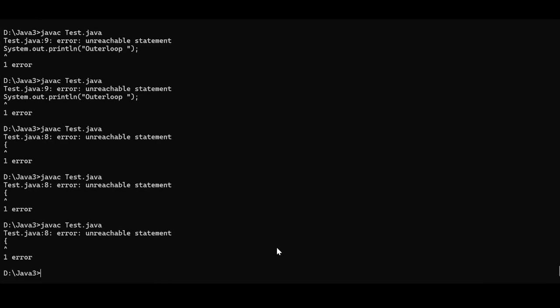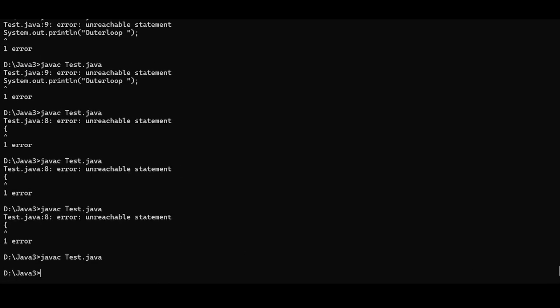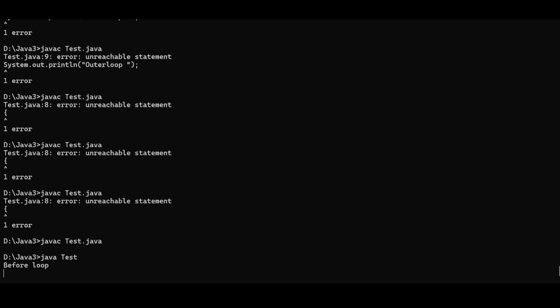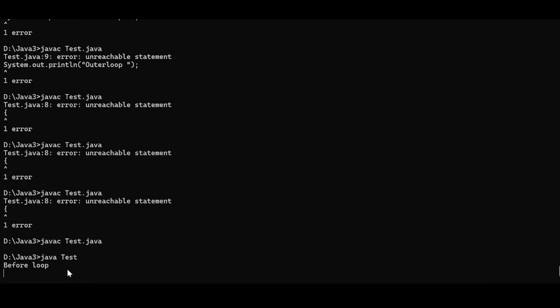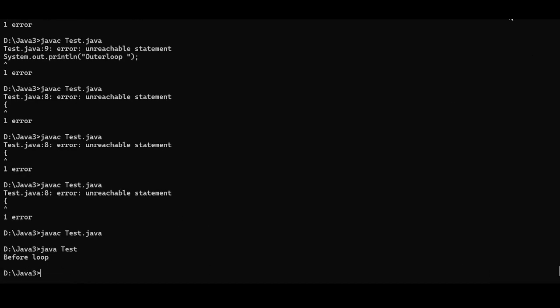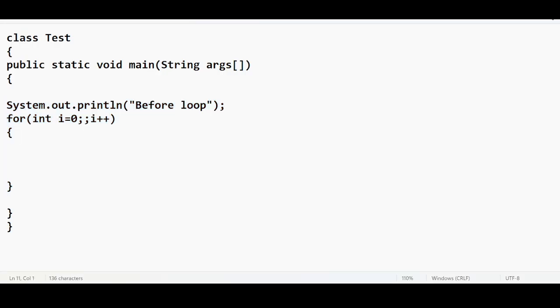Let me run this, guys. So don't worry. See, before loop, don't think that it is just blinking. Something is executed infinitely. It keeps blinking, which means there are no statements to be displayed, but internally the execution is happening. What I mean to say is this will be assumed as true by the compiler,